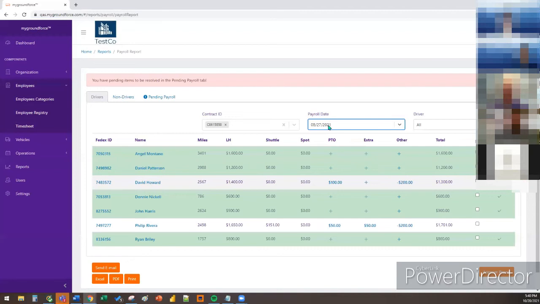Okay, so what you see here is what the payroll report would look like. And the concept behind mygroundforce is we will calculate payroll for you. We will present you this report. And then once you approve it, you can send this report to your accounting person who's going to process payroll. At this point in mygroundforce, we don't have an accounting functionality. What we have is the ability to automatically create for you the payroll report that you send to your payroll